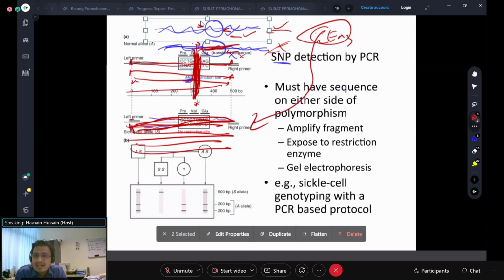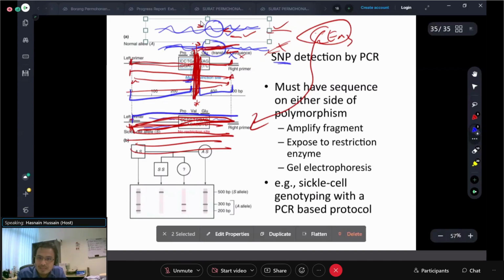So what happened in this DNA that has been amplified? When you cut with the enzyme, how many fragments do you have here? You have two fragments for this one. This is one fragment, this is another fragment, isn't it? Whereas for this one, because the enzyme cannot cut over here, you have one fragment only. One fragment here means that all fragments are the same, a copy of the same DNA that was amplified here. So based on this, when you run the DNA on the electrophoresis,